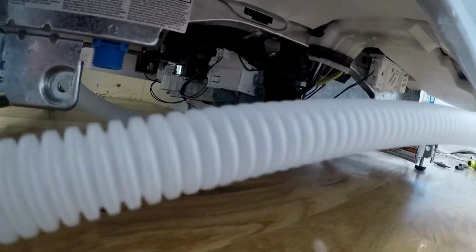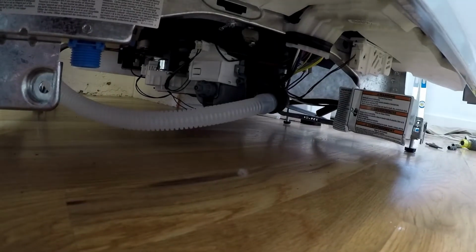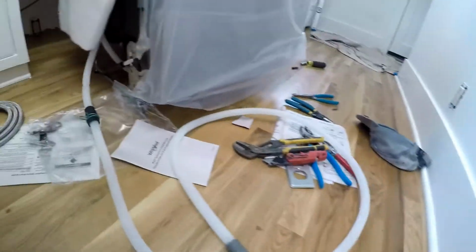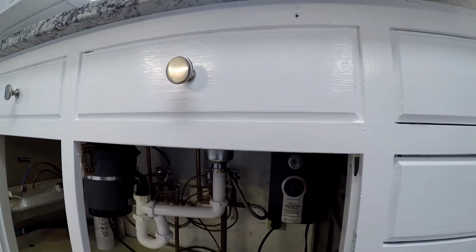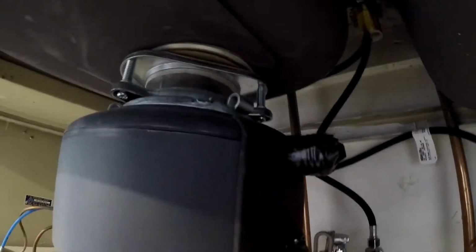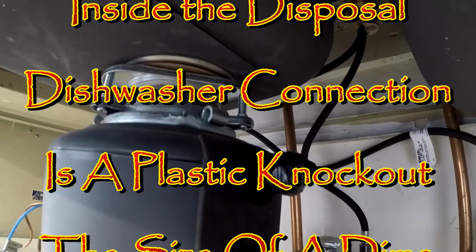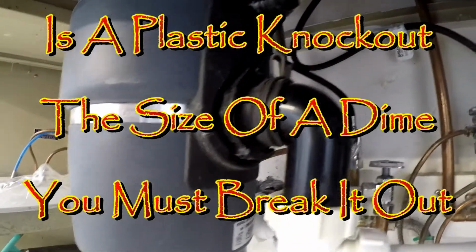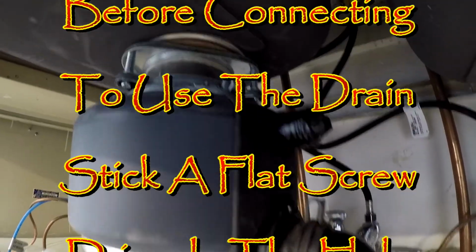With that check valve, it makes it so that you don't have to have an air gap at the sink. But when you install this, you want to loop it up higher than the water basin in the sink, and then connect it into this upper knob on the disposal. See, here's the drain for the disposal, and that up there is where the dishwasher hose